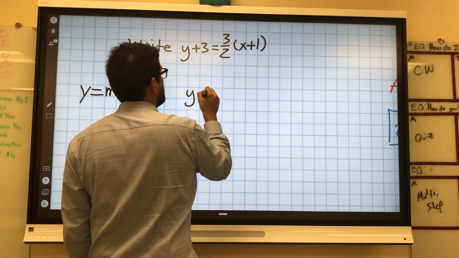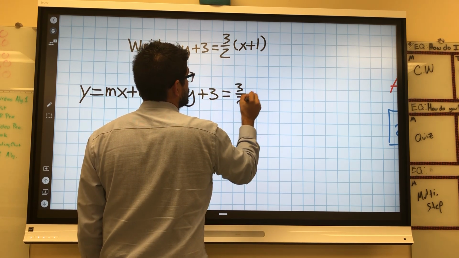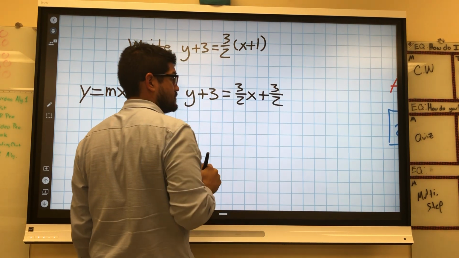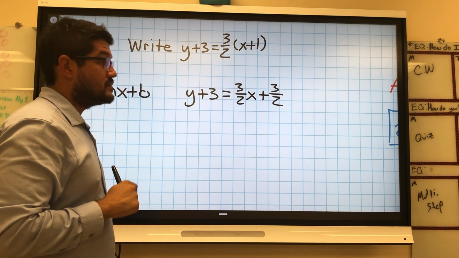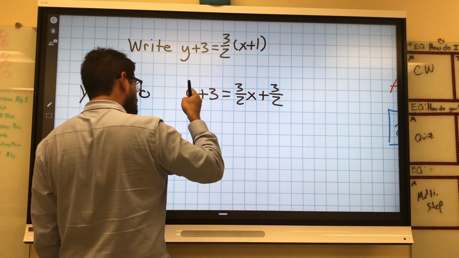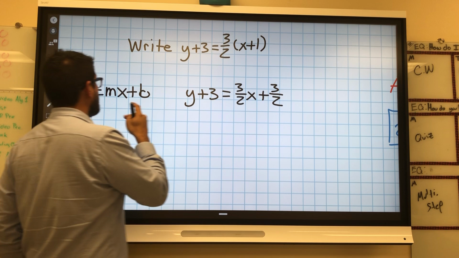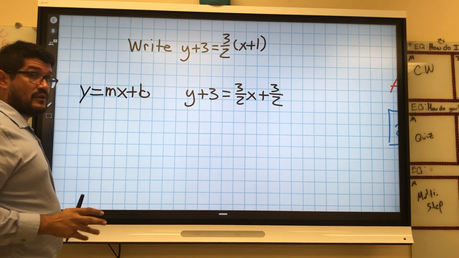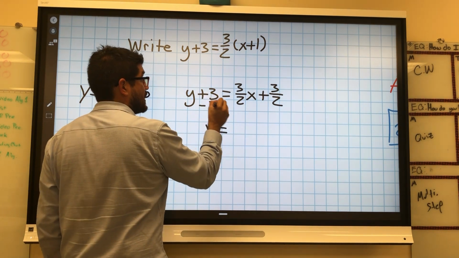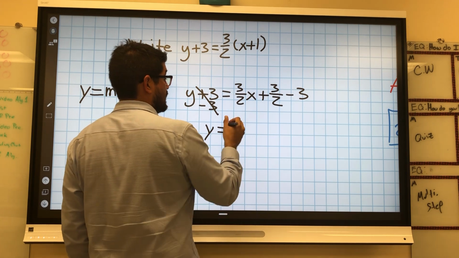So you're left with y plus 3 equals 3 over 2x plus 3 over 2. All right? Now, we're left with a plus 3 on this side. So we're going to subtract 3 on both sides. We're left with a plus 3 over here. All I have to do is leave y by itself. And we have slope intercept form. So y by itself, so y is by itself. How did I do that? I subtracted 3 on this side and subtracted 3 on that side. So we're left with 3 over